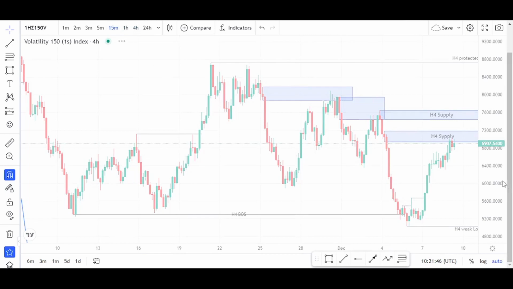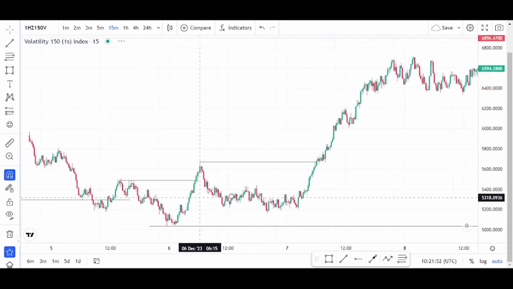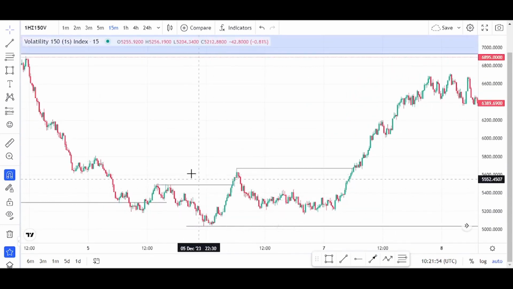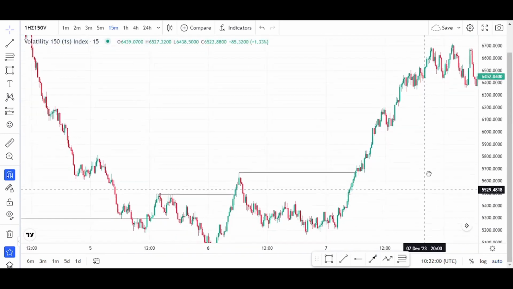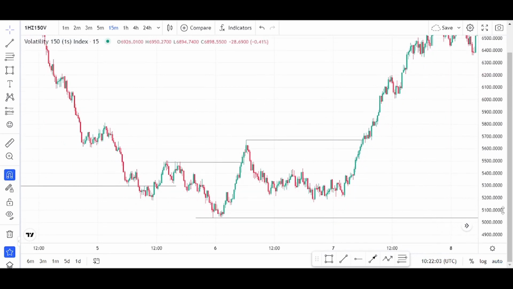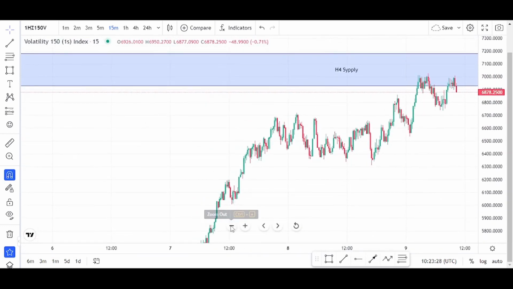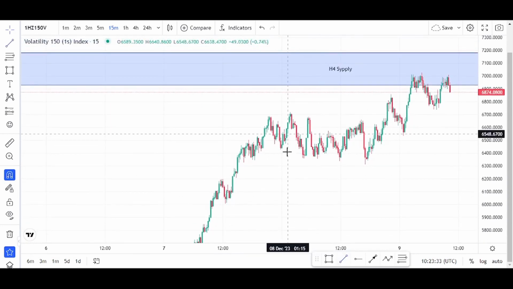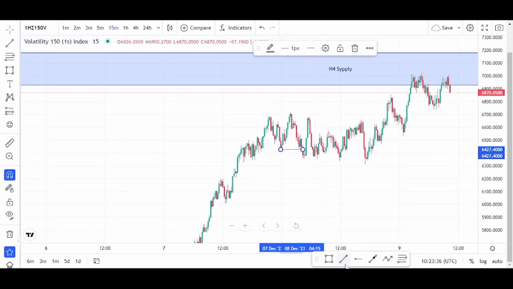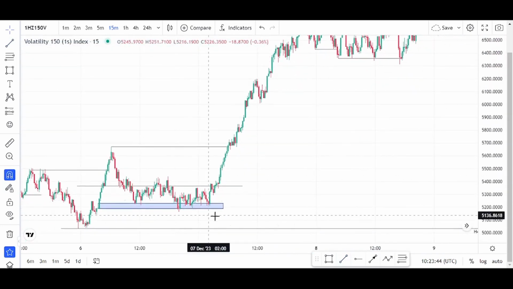So going back to the 15-minute, we have confirmed that this wasn't an H4 internal break of structure to prepare for retracements, and currently we are here. We are there, and here we figured out that we had breaks of structure to the downside. You see, the moment we had those breaks of structure to the downside, we would have realized that this dealing range